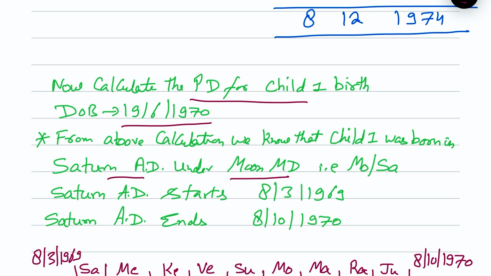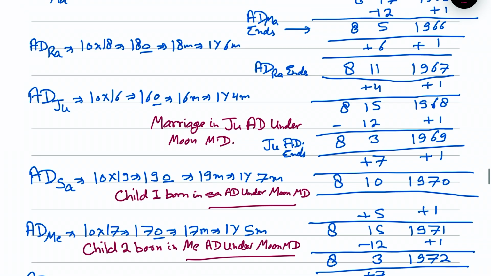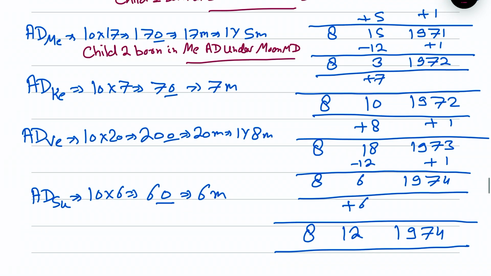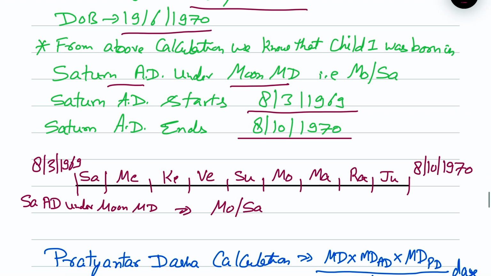Saturn AntarDasha started on 8/3/1969 and ended on 8/10/1970. It started here and ended here. So we have the start and end date of the AntarDasha, and in the AntarDasha the same sequence follows. Whatever the AntarDasha Lord is, first start with its Dasha and then Mercury, Ketu, Venus, Jupiter, the same sequence of